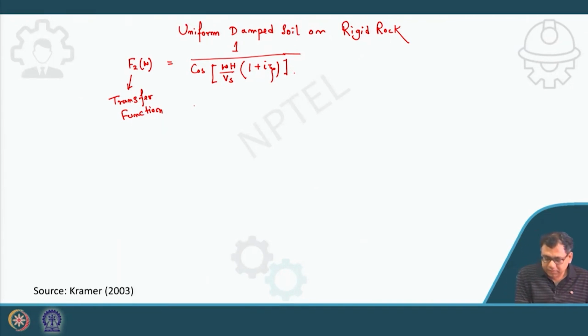Okay. And the modulus of the transfer function F2 omega, that is equal to the amplification factor or amplification function,